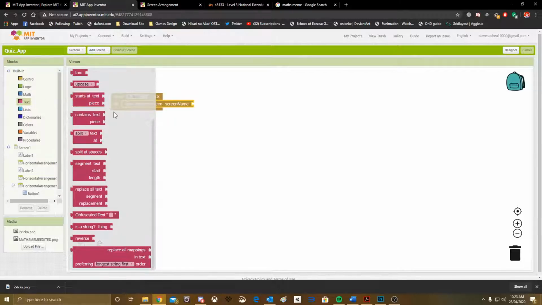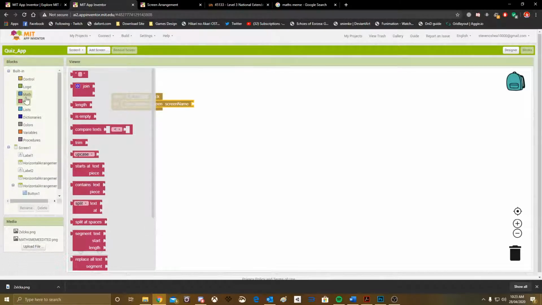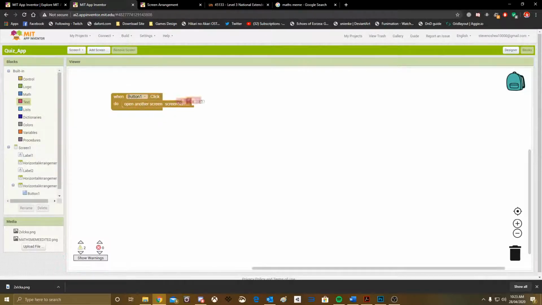So we are going to add a text, and in here we need to put in the name of the screen we would like to transition over to. Here we are going to check our screen is called quiz underscore screen. So in here we're going to put quiz underscore screen,